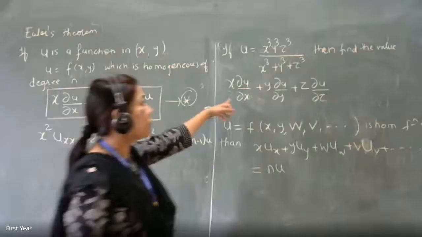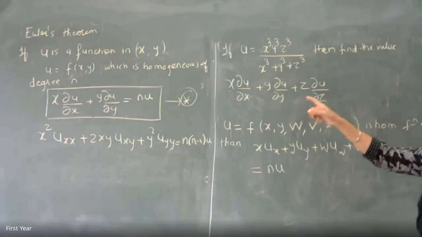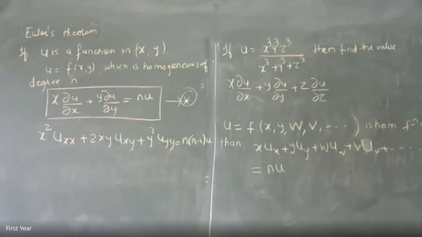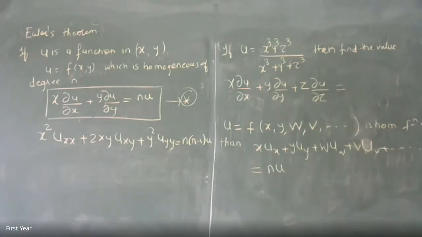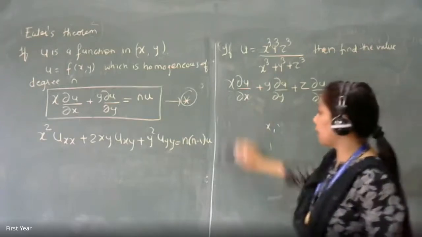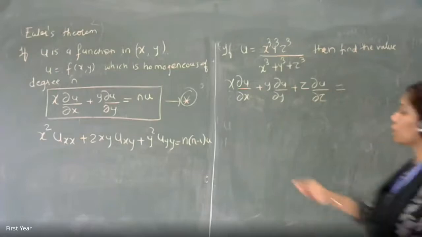Yeah, so you have to find the value of this expression now. The question is, if u is this, then find the value of x del u by del x plus y del u by del y plus z del u by del z. The answer is quite simple. We have already done the degree of this homogeneous function. For a theory question, I'll explain how you are going to write it, but in your MCQ, you can directly write down the answer. So the solution is